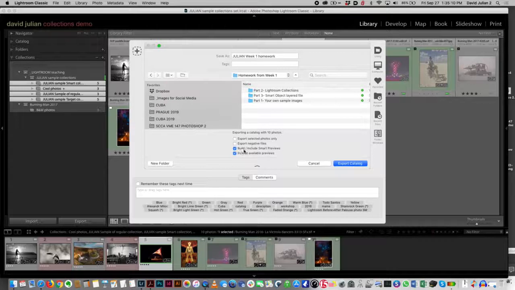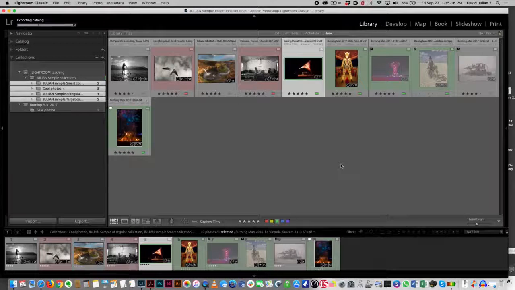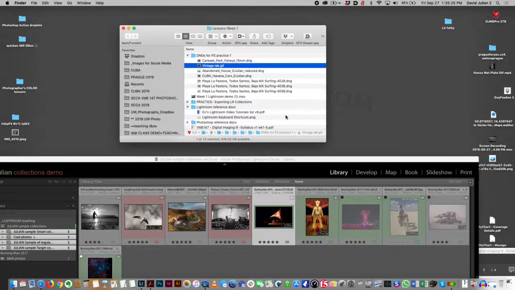So you can check that off. You just choose its destination, you say export catalog, and it rips through it in no time because it's not trying to export the real files. That was unchecked. And just to check it out,